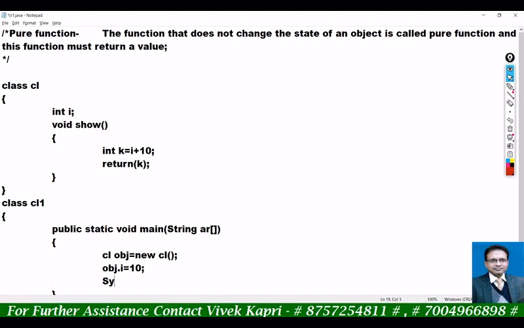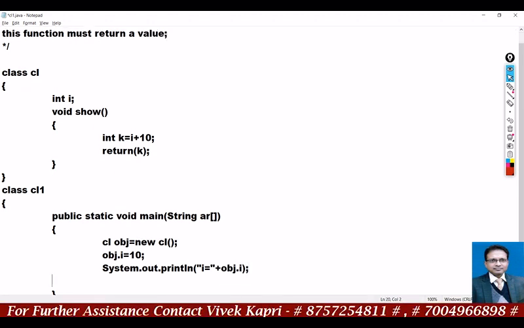Now system dot out dot println I equal to plus obj dot I. Now call the function obj dot show, and it is a return type function. So here an integer type value must be used, int r equal to, and the data type of show will be integer because the value k that is being returned is of integer type.